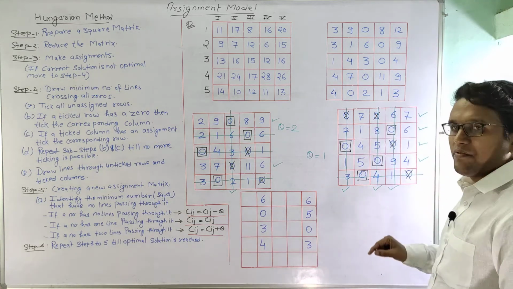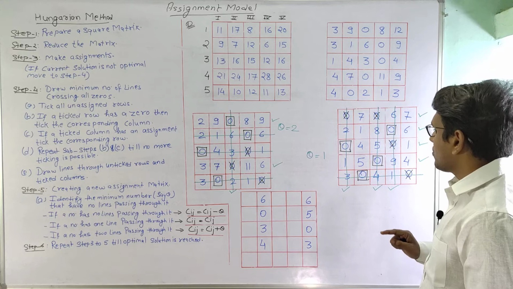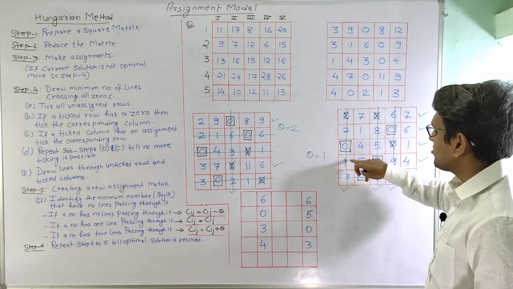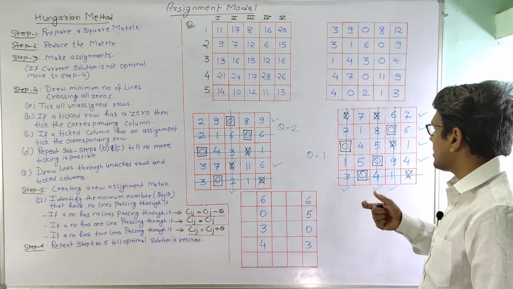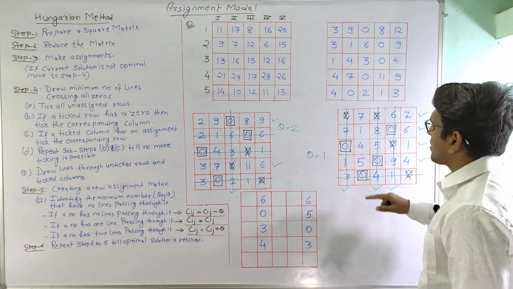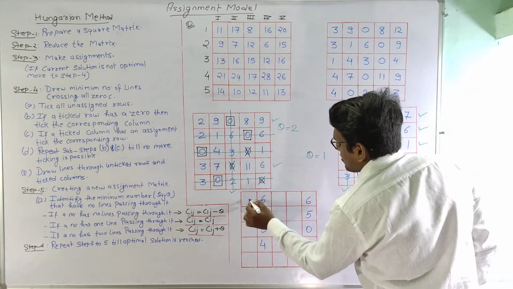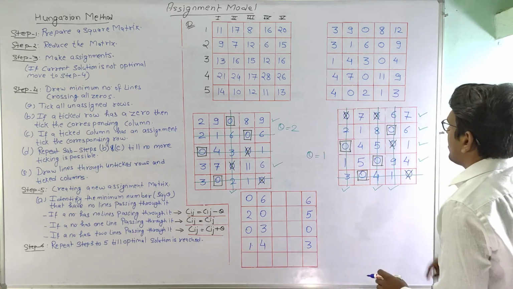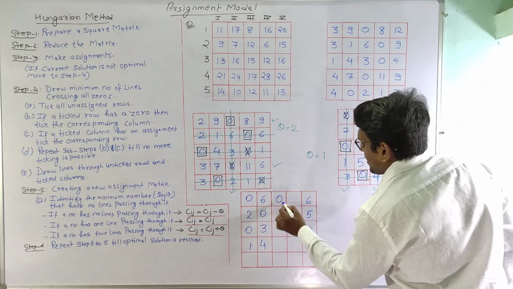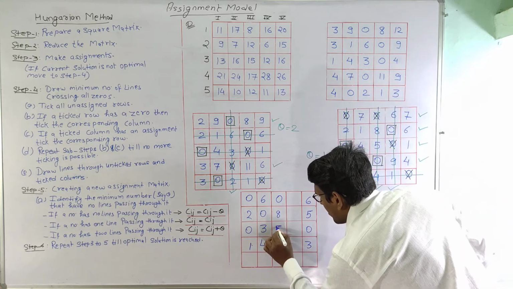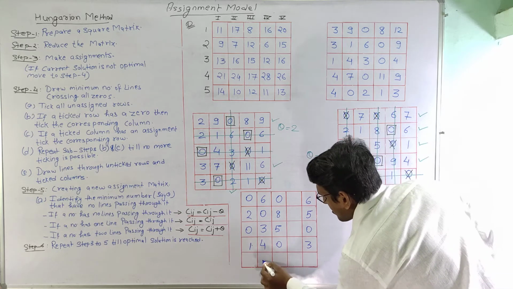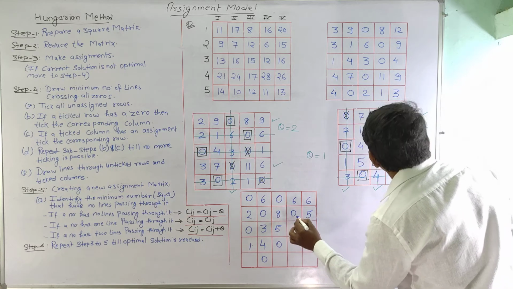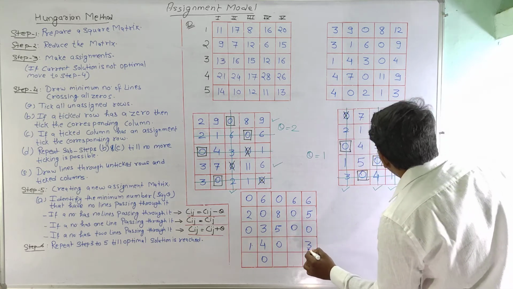Now moving on to the cells which have only a single line passing through them. For these cells, there will be no change. That means the older Cij will be equal to the new Cij. So we will write these values as they are. So this will be 0, 2, 0, 1. This is 0, 8, 5, 0. This is also 0, and 6, 0, 0, 9